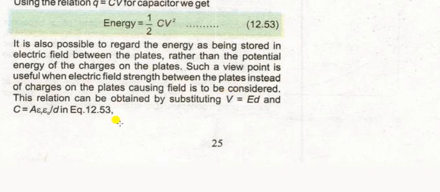Okay, and also for a parallel plate capacitor we have derived the expression for capacitance, C equals A epsilon r epsilon naught over D, where epsilon r is the relative permittivity of the medium, because if we have placed some medium between the plates, then C is equal to A epsilon r epsilon naught over D. But if there is vacuum, then simply C is equal to A epsilon naught over D. So substituting these values of C and V in this relation of the energy,